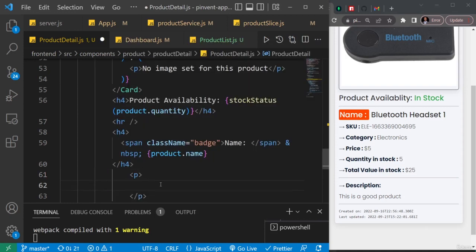Okay, so this paragraph now, first off, I'm going to add this arrow you see here, and I'll add it with an HTML entity. So first put it inside a bold tag, and then I'll say right arrow, and then I'll close that. So that's the arrow. Then I'll give some space and then add SKU. After that, let's just add some space here. Now we'll come down and put the product.sku,